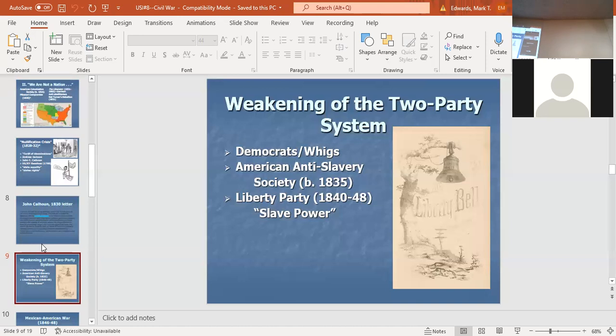What we need to talk about is how did this weakening of the two-party system come about? Big surprise, it was over slavery. So there are Northern and Southern Whigs, there are Northern and Southern Democrats. The country as well, right? Northerners and Southerners are dividing increasingly over the slavery issue. As long as our politicians can get along, right? And our politicians, they have gag rules, right? They're not even allowed to talk about slavery when they meet in Congress. And they think that somehow by not talking about slavery,